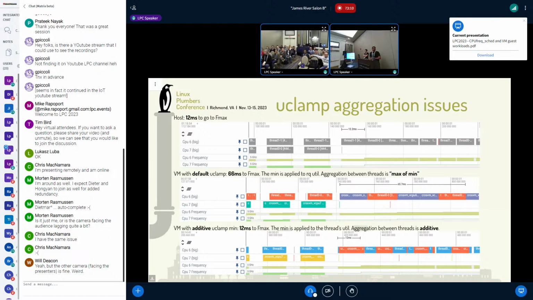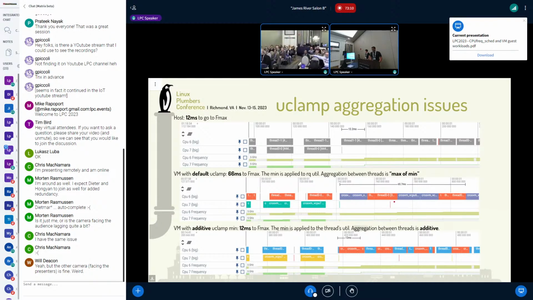One thing that is an open item is this case with two threads. They are each taking 50% of CPU capacity and running on the same cluster but different CPUs, so the CPU is at fmax by 2. When they both migrate onto the same CPU, the CPU frequency is bumped up to fmax pretty quickly. It takes 12 milliseconds to bump up to fmax on the host. But with the features we implemented and with the default uClamp, when the threads migrate onto the same CPU, one of them is running on the host, and the other is running inside the VM, migrating from one vCPU to another. On the physical side, they end up on the same CPU.